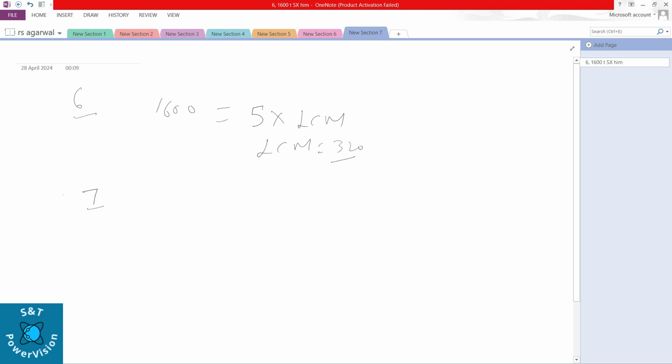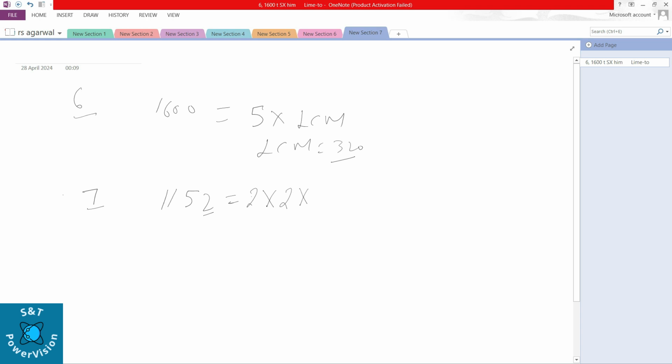Question number 7. What is the largest number that divides each one of 1152 and 1664 exactly? If you see the options, like 32, 64, 128, 256, it will be a bit difficult. So better we'll go for 1152. The unit place is 2, which means it is divisible by 2, so we will divide it by 2. Answer will be 576, again divided by 2.